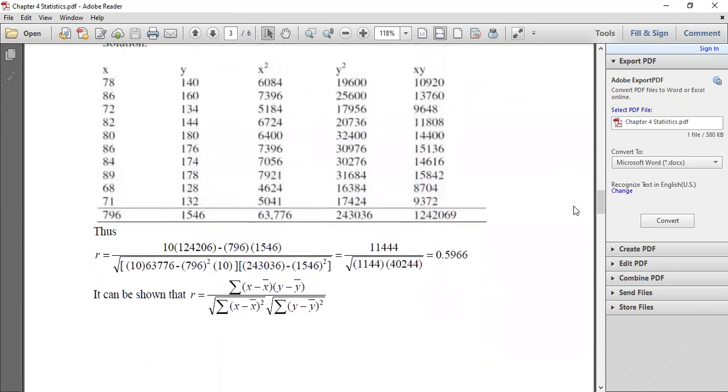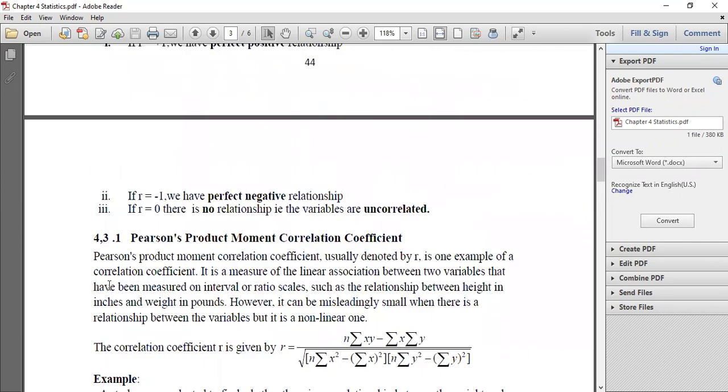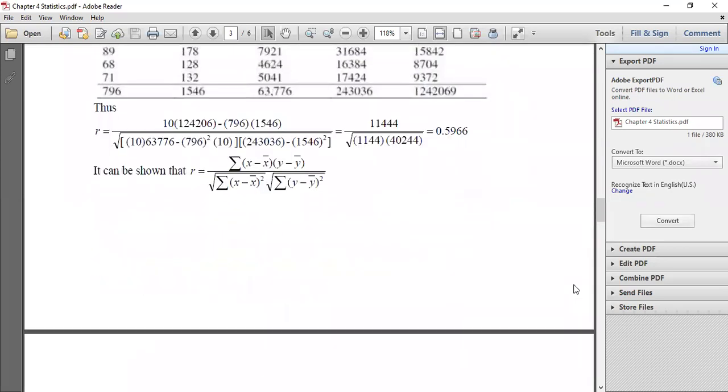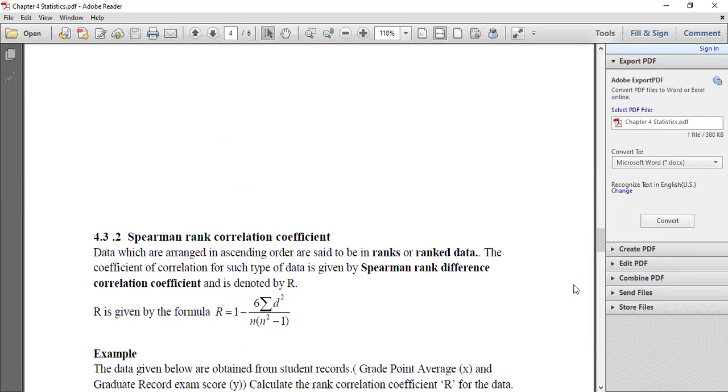Now, I was saying that is one example of the correlation coefficient that we refer to as the Pearson's product moment correlation coefficient. Then you have another type of correlation coefficient that we refer to as,